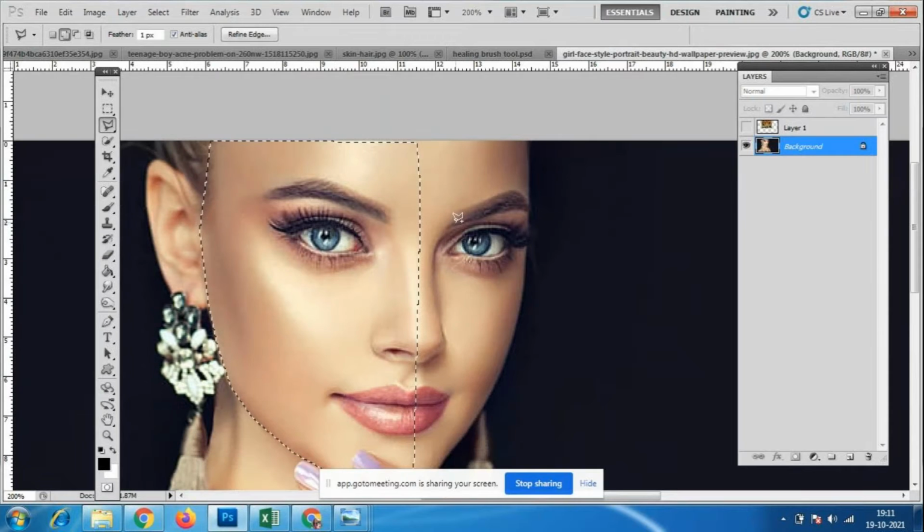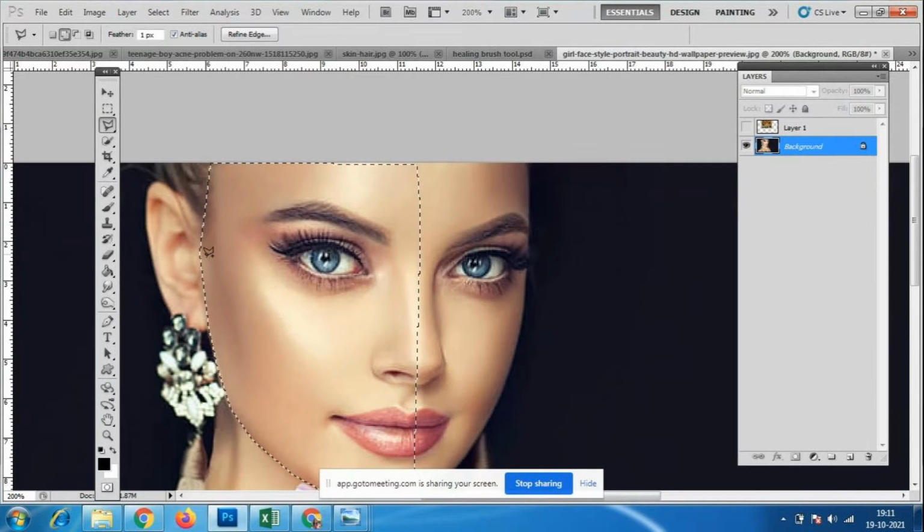So this much area I have selected. So with this I want to add the ears. So that time I'll go to this one, add to selection. So we are already there in the add to selection.